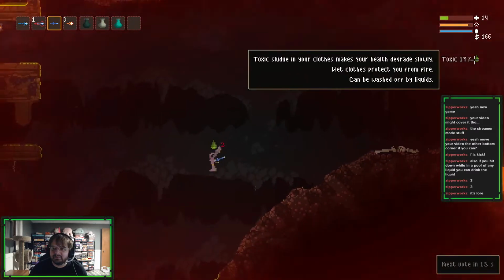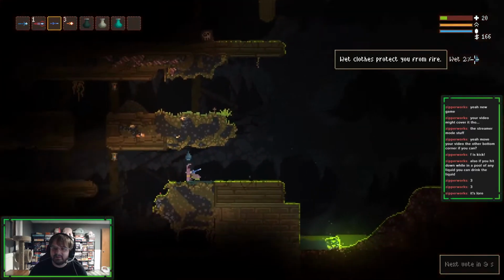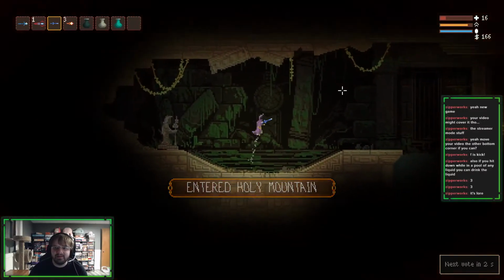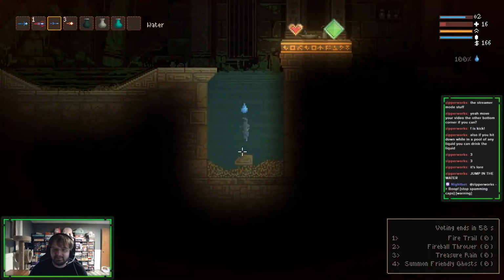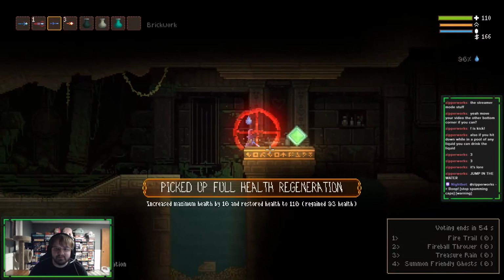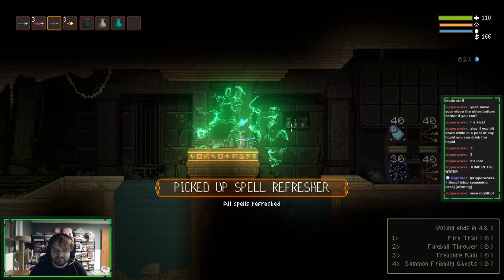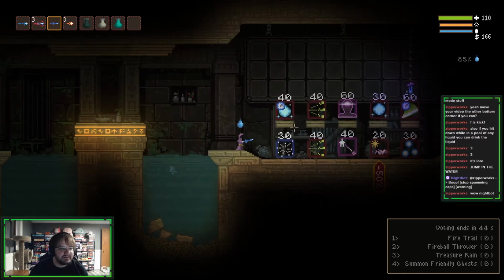Let's see, is there wet clothes? Oh wait, wet clothes protect you from fire. And be washed off in other liquids. Oh, well. Guess I'm going through the portal. I was hoping to find liquid. There we go. Wash it off. What's this? Anything? Nope. I'm in, like, what, Holy Mountain or something? Got full health regeneration, plus max health and some other things. All spells are refreshed. And, we got a little